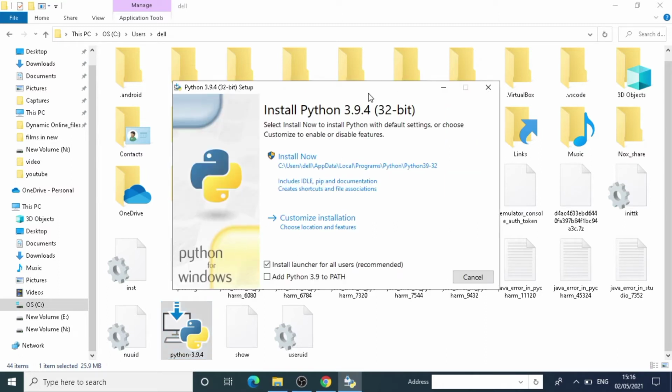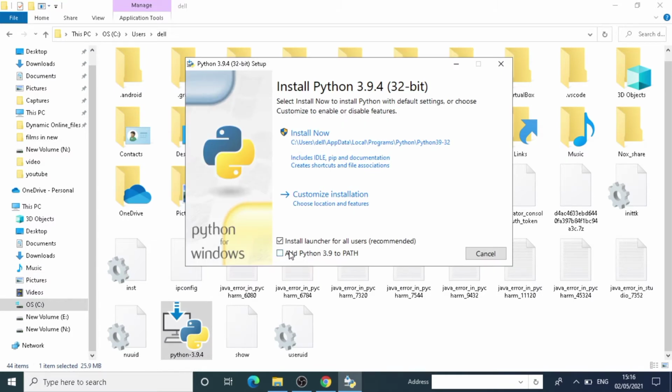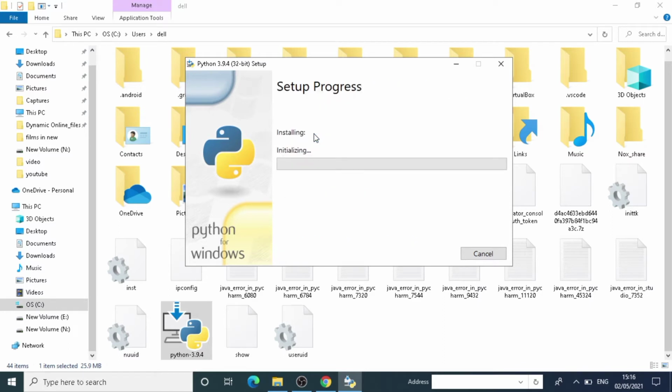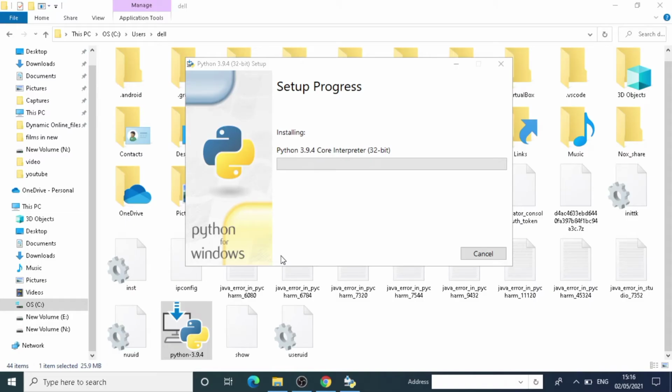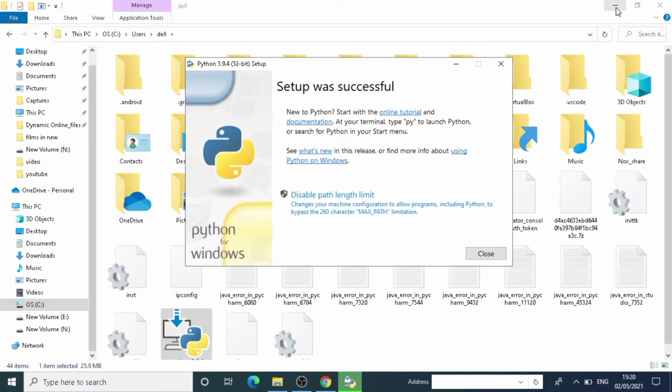After that, we will get this kind of option. We need to add Python 3.9 to the path. We need to select this option, add Python 3.9 to the path. After that, we need to go for Install Now. Just install now. As our Python has been installed,